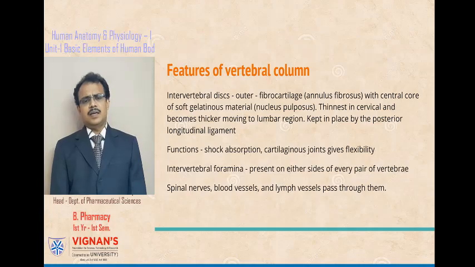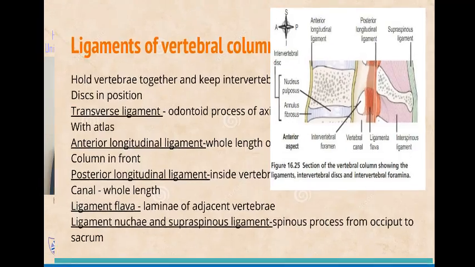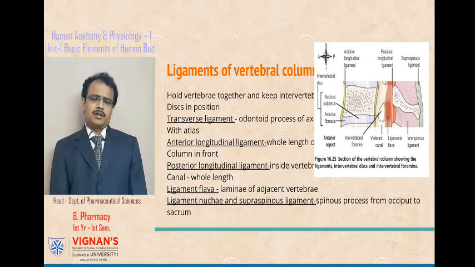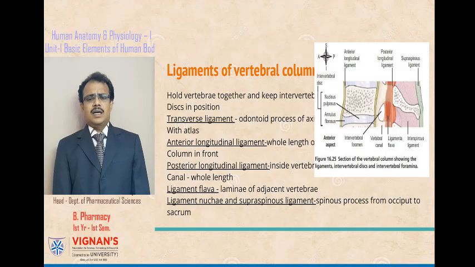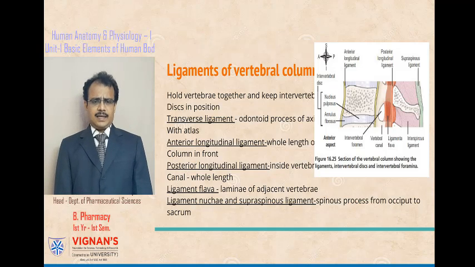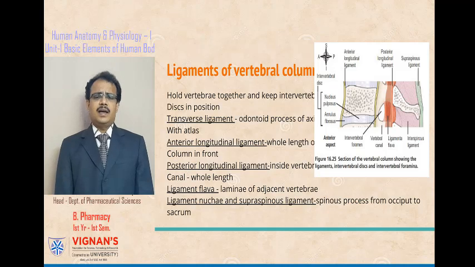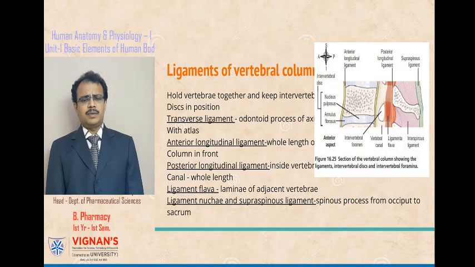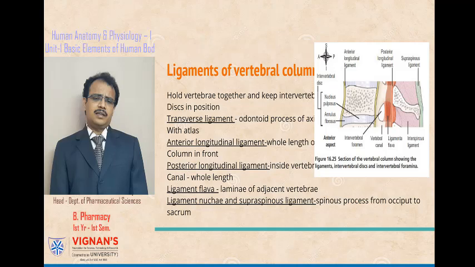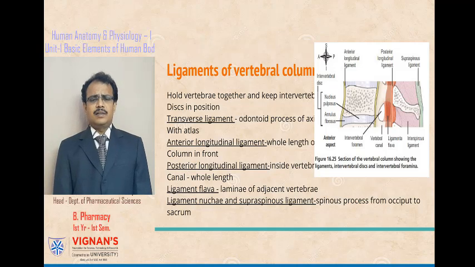Next, we will see what are the various ligaments which are attached to the vertebral column and which hold these vertebrae in position. We have seen that there is a transverse ligament which holds the atlas with that of axis. In the same way, there is an anterior longitudinal ligament which is present anterior to the bodies and which extends